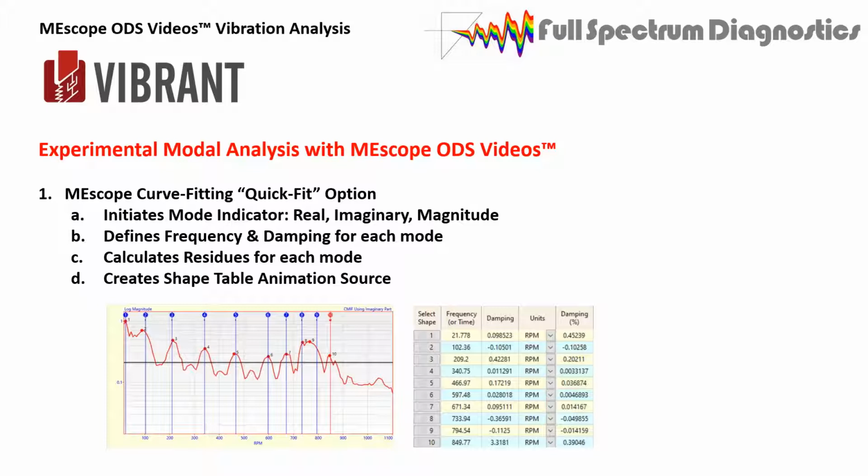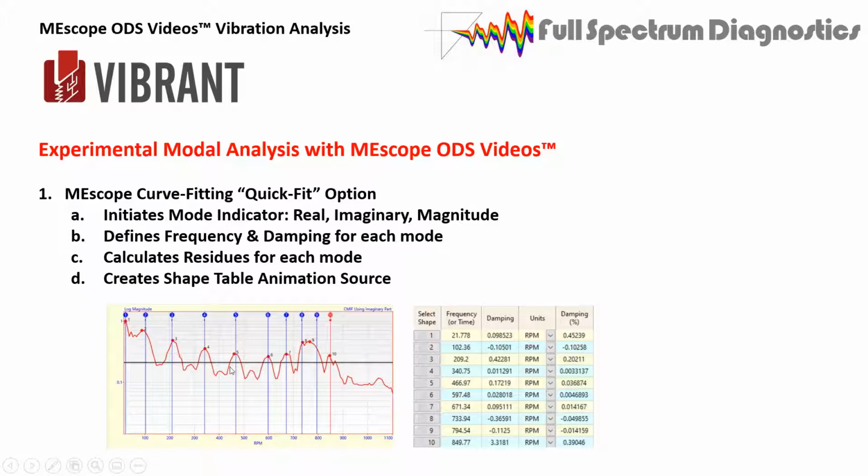So there's a quick fit option in the software for curve fitting. It initiates the modal indicator. First of all, it asks you what you want to look at, the real, imaginary, or magnitude response in your quick fit. If you haven't had any curve fitting or modal analysis experience, this step is very easy because it's all within the quick fit option. You say, hey, quick fit the data, and it does it. Down at the bottom here is the